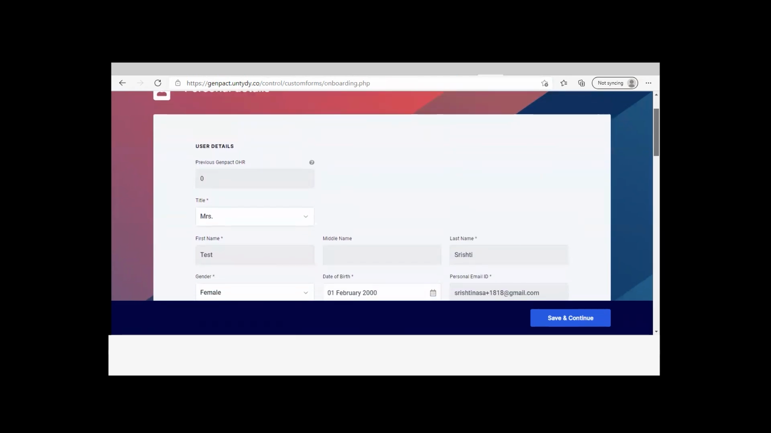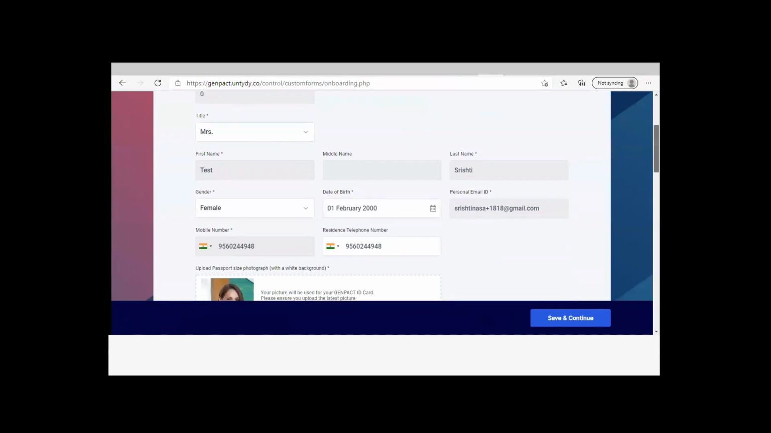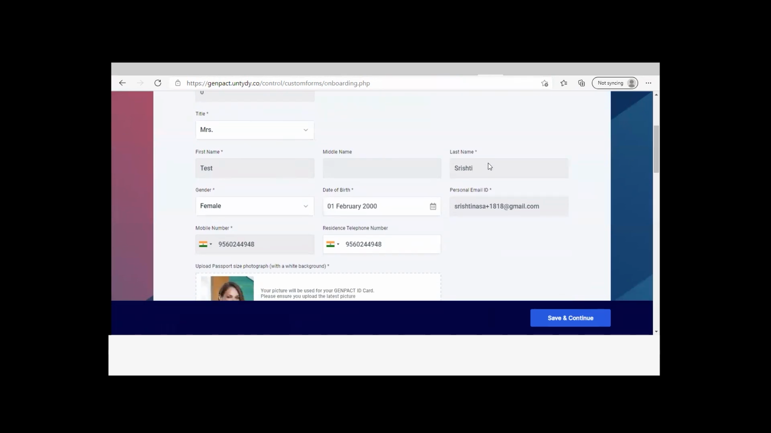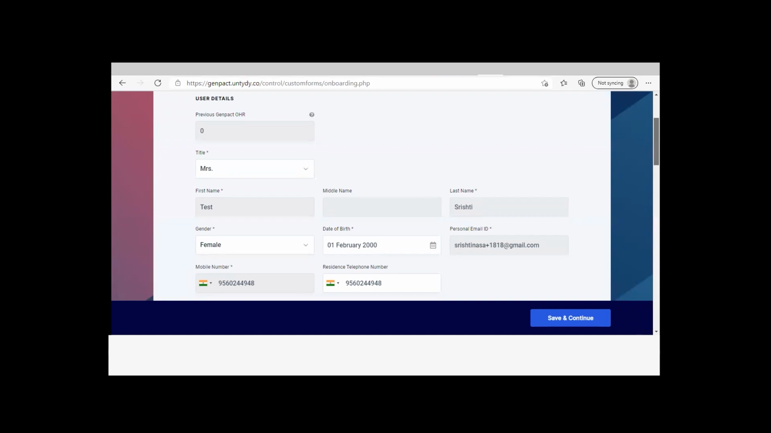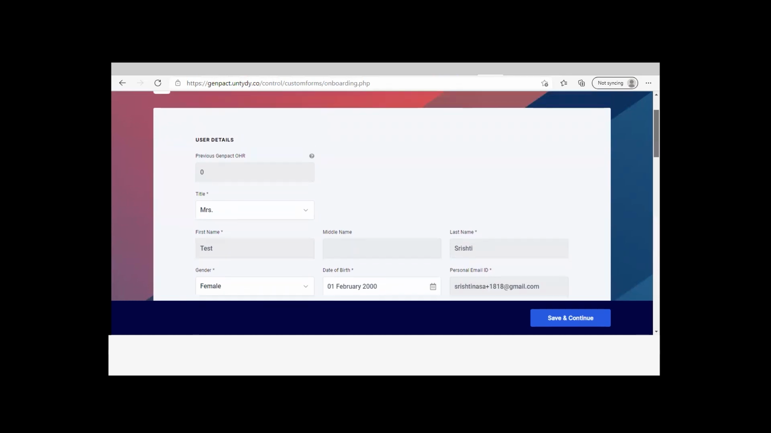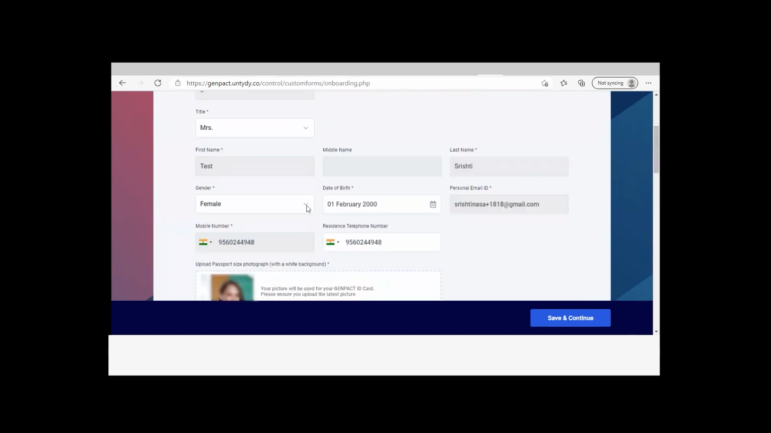Now in this section, previous Genpact OHR, your first name, last name, and your personal email ID and your mobile number are already captured by your recruiter. You don't have to enter one more time. So click on the title and select the title that suits you. Select the gender, select the date of birth,